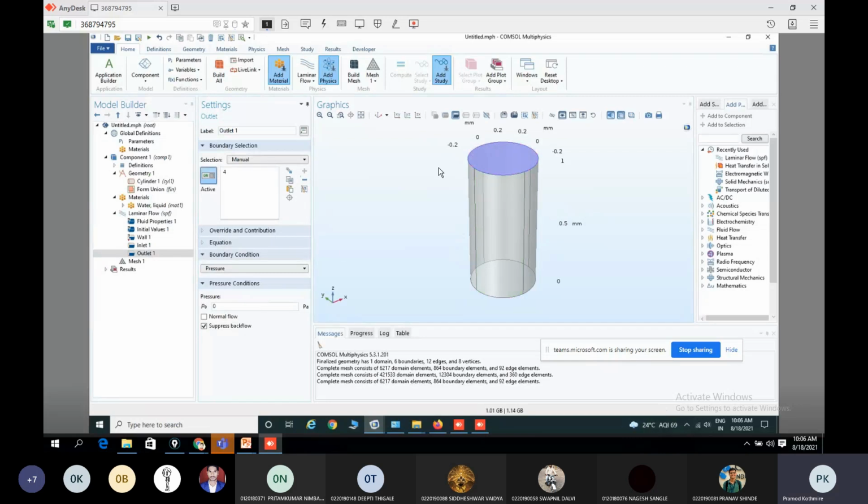So outlet is 4, atmospheric condition क्या दिया मैंने, बाउंड्री कंडीशन 0, सप्रेस बैकफ्लो नहीं होना चाहिए, 0 दिया है मैंने, ओके, प्रेशर 0 दिया है। सो इनलेट दिया है, आउटलेट दिया है, वॉल की कंडीशंस हो गई है, ओके।